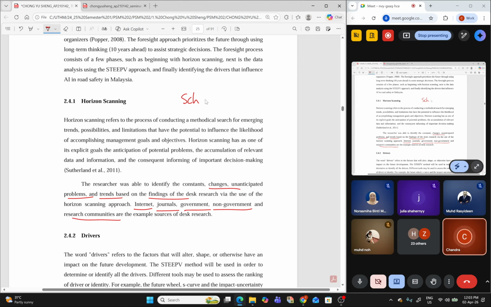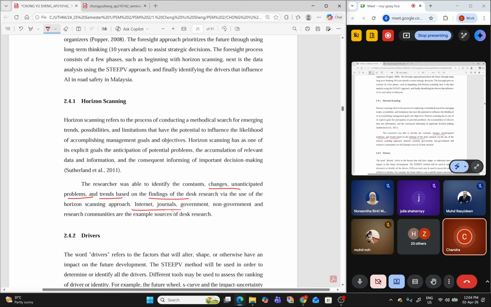Mereka, they have to go by journals, books, reports. But for you, you have flexibility that you can go through any sources from internet, blog, website, any kind of journals, any kind of government articles, non-government articles, anything you can put.